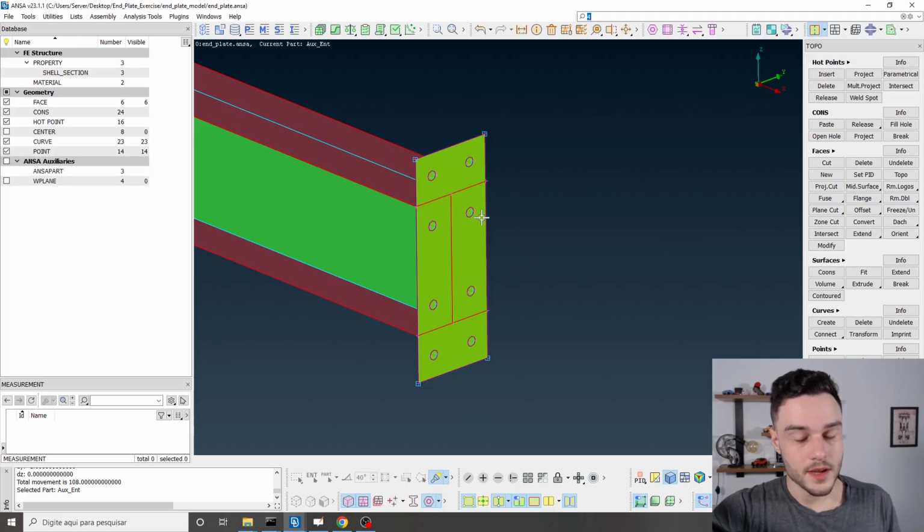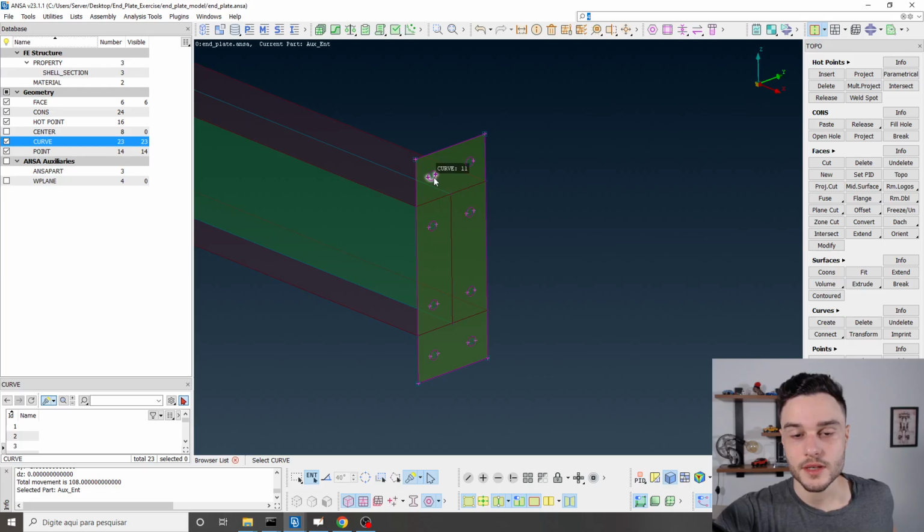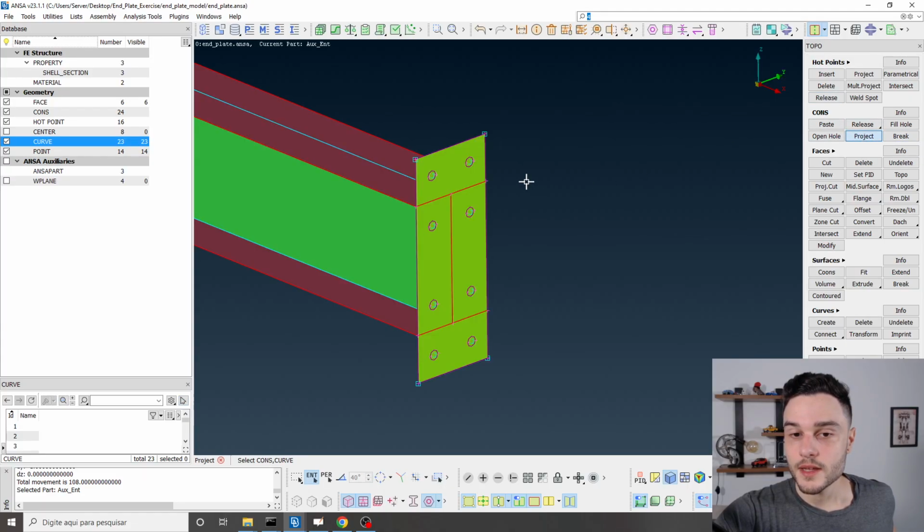The thing that is very important to understand here is that what we have created are curves. So double click on curves, and you see that in here we have curves. These curves are not associated with the face yet. We need to transform them into cons. To do this, we're going to use the project tool in the cons group. Project, and then